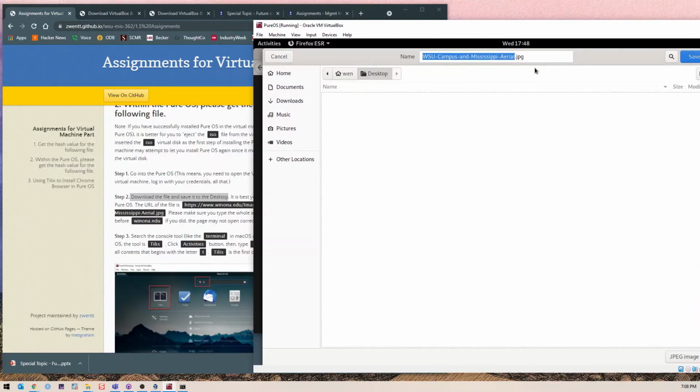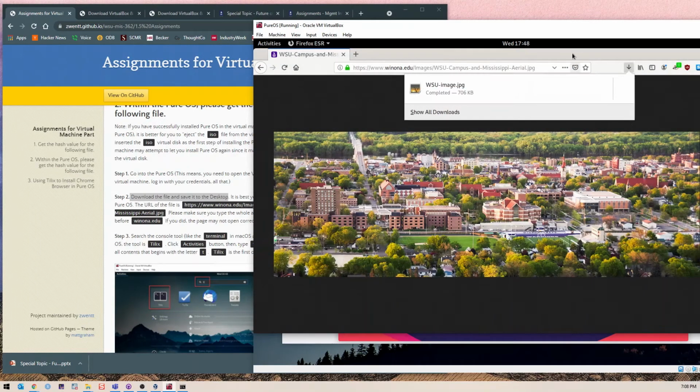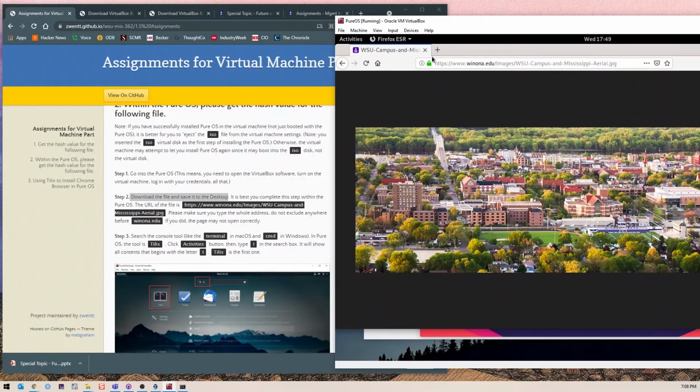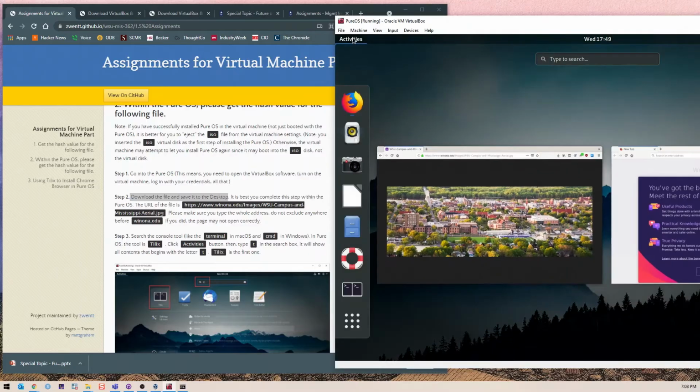It doesn't really matter. Because you know that when I generate the hash value, I need to type a long file name again. So I'm just going to shorten it as WSU-image. All right, I'm going to save it. Okay. And next step, I need to open the